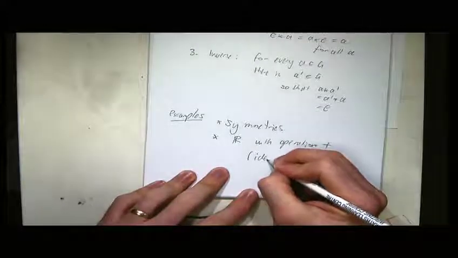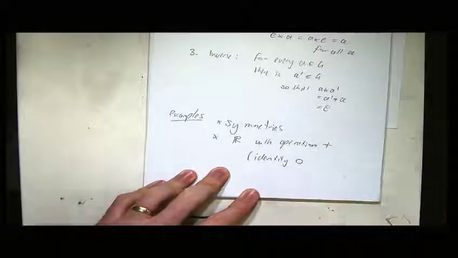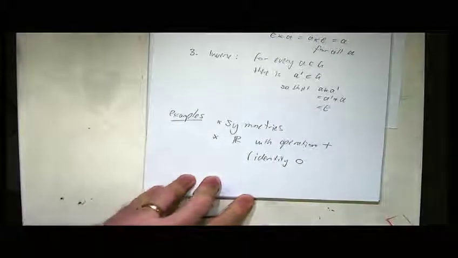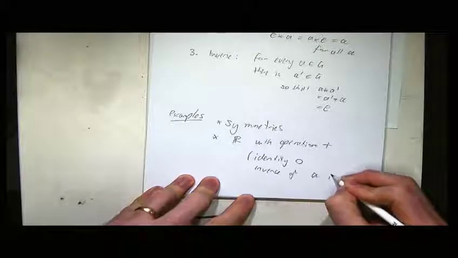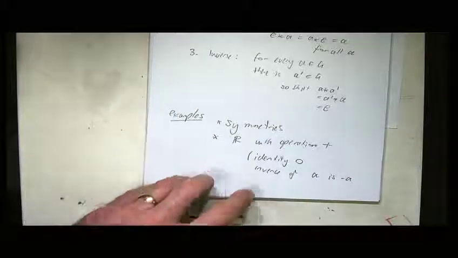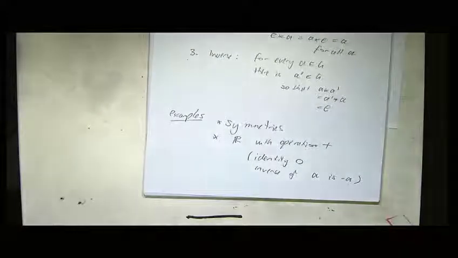There is an identity and it's called 0. And there are inverses, called negatives. And ta-da, it works. It's all great. And it is associative because you can add in whatever order you want. Great. The real numbers with operation times,